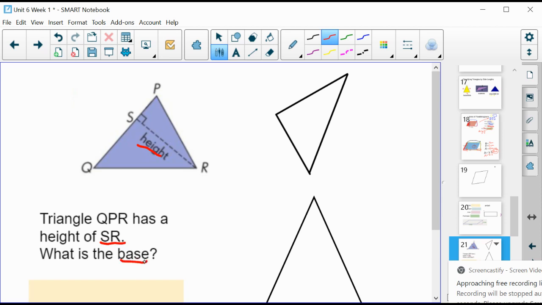What is the base? We are missing the base, okay? Now remember from yesterday, your base needs to form a right angle or a T perpendicular to your height. Okay, so that's what those little baby triangles are for. So we're looking for something that is perpendicular to this dotted line. So I'm going to look, is this line right here RP perpendicular? Nope. QR? Nope. It has to be